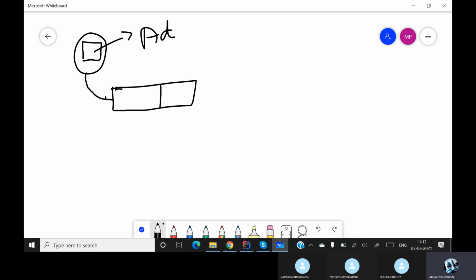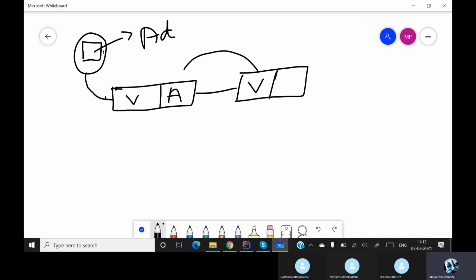In this element you will have the value of this node. Here in this place you will have the address of the next node. This will be your next node, and it will have the value for this corresponding address.